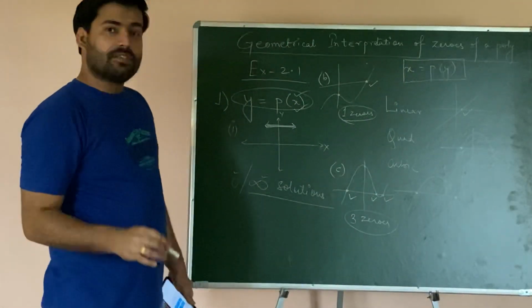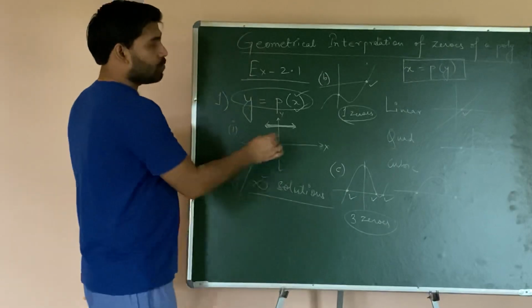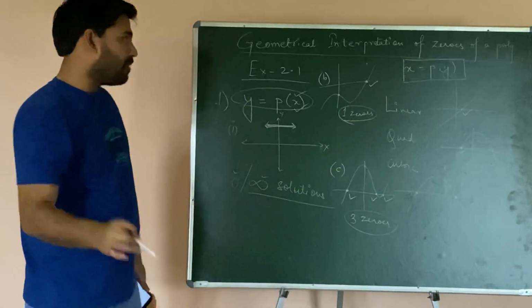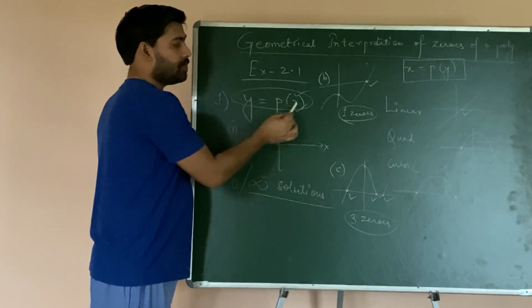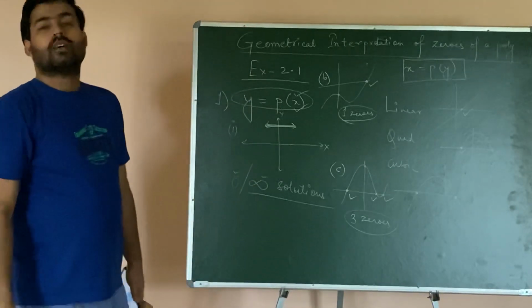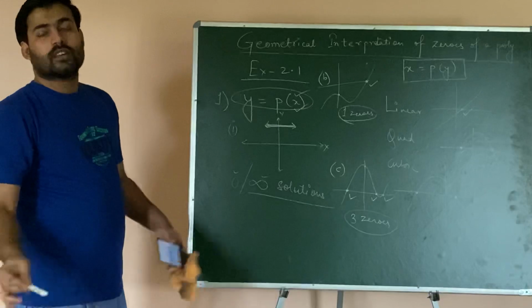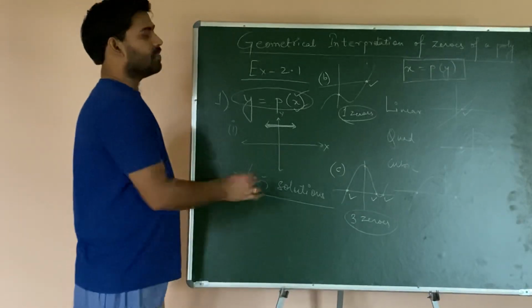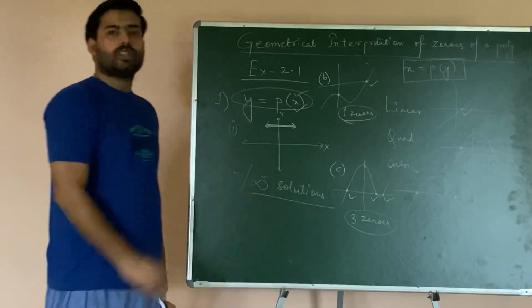But if the polynomial is defined in terms of x, then we are having no zeros, 1 zero, 3 zeros like this. So you have to understand again and again, I am repeating, regarding what variable the particular polynomial is represented. Clear? Based on that you will get your answer. So please pause the video to note it down.